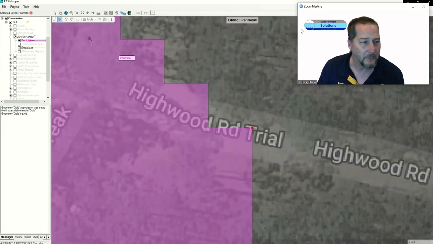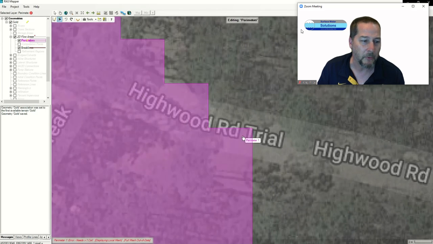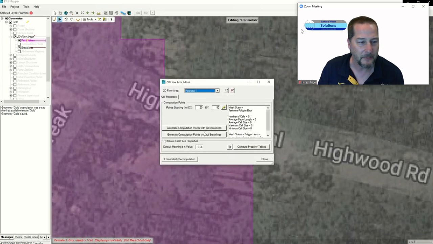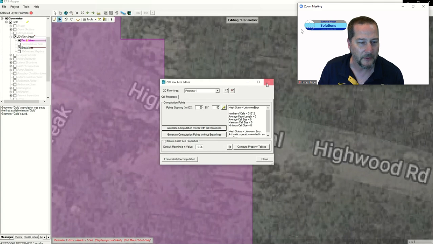on it, maybe I'll select this. It's all grayed out, and so you need to hit the arrow key in order to select that again. When I move the whole thing that way, I'll undo that. Let's double click on this and have a look at where that error was, and sure enough, it's a duplicated point. So if I delete that and come back out and regenerate those points, I think I've got a grid